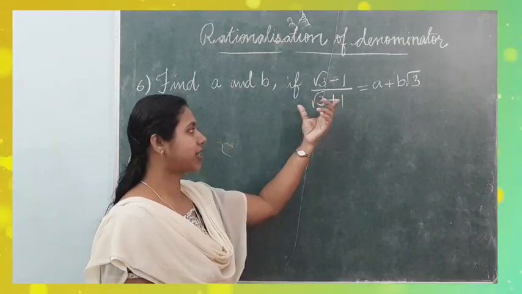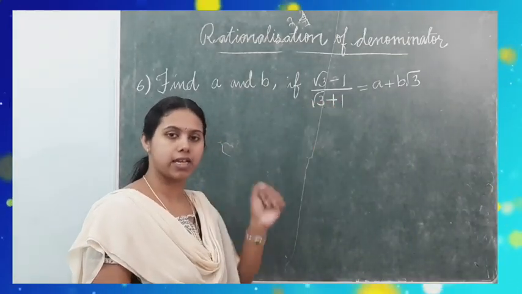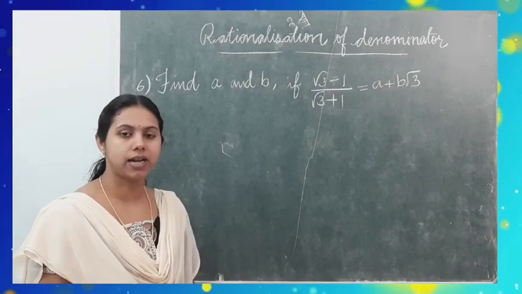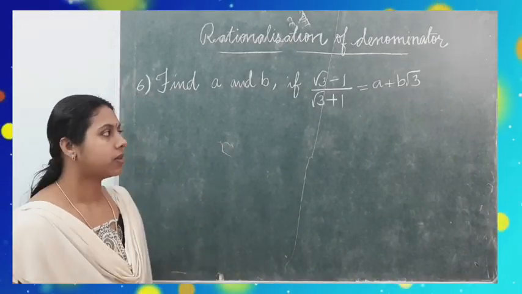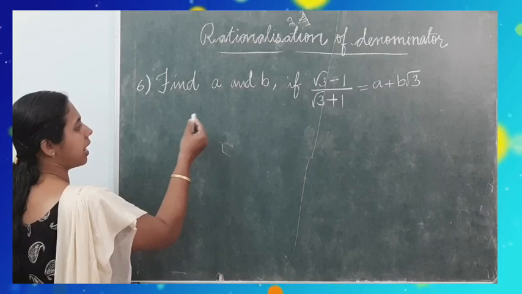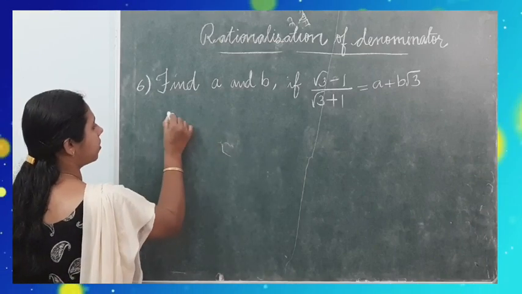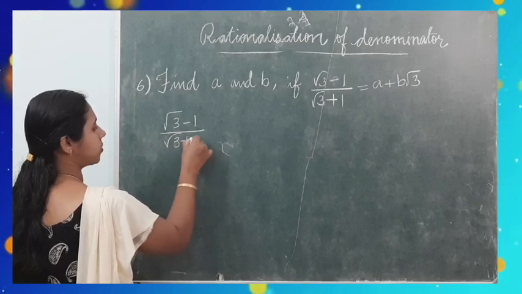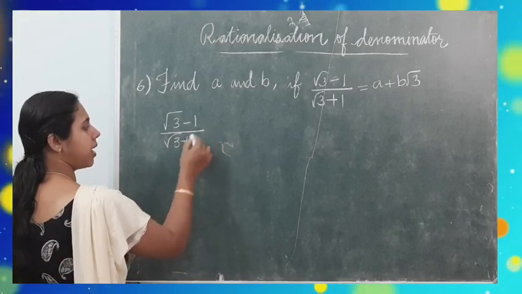So first of all, rationalize the denominator of LHS. Then compare these rational and irrational numbers. So first, when you rationalize the denominator of root 3 minus 1 by root 3 plus 1, multiply the numerator